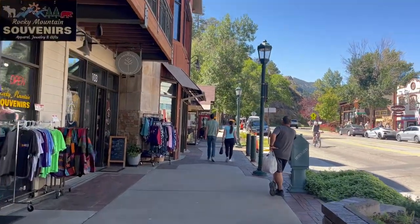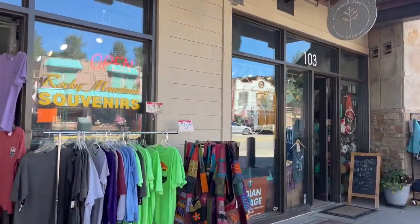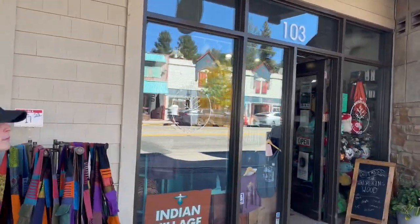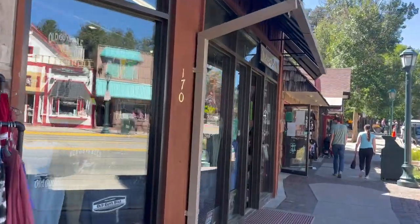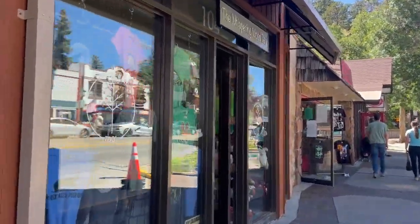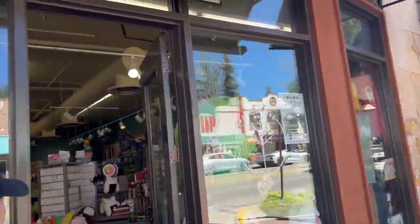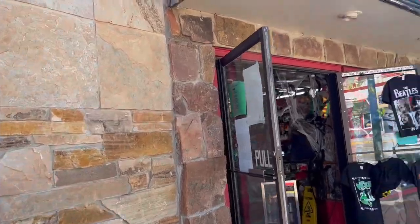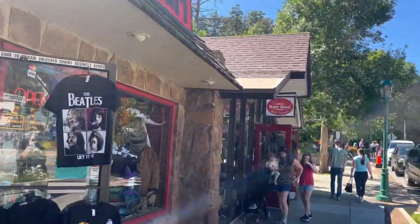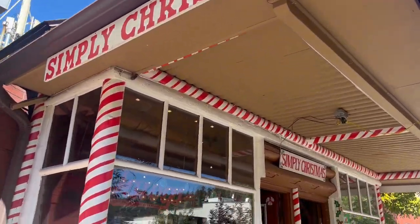I'd say for me, when I'm shopping downtown, one of my favorite places is probably Lithium. They're awesome. I love getting my skateboard there. They're about the only place in town that does skateboards, which is really great. But I also love the funny little souvenir and tourist shirts and fun Bigfoot themed things, and you could never go wrong when you're shopping downtown Estes Park. Another thing that people really love about